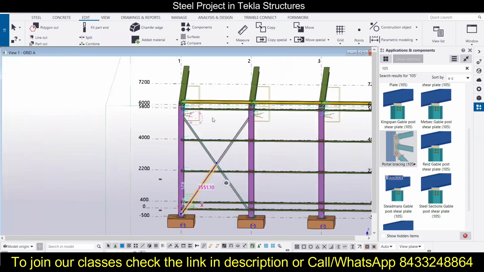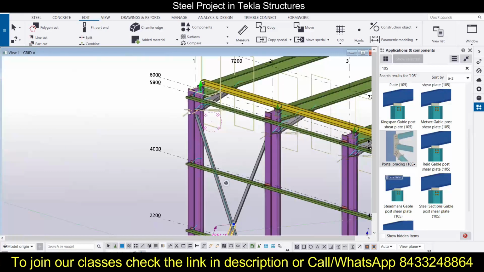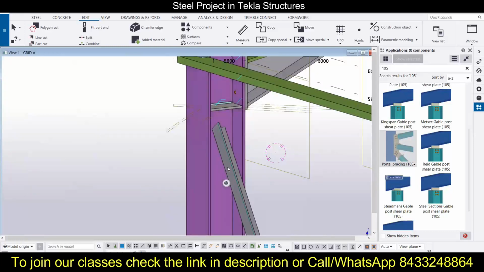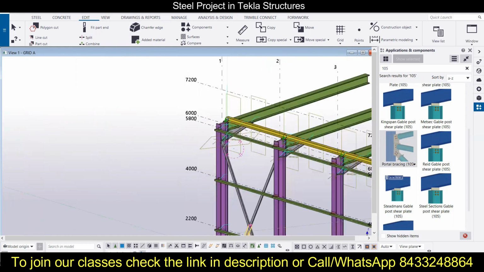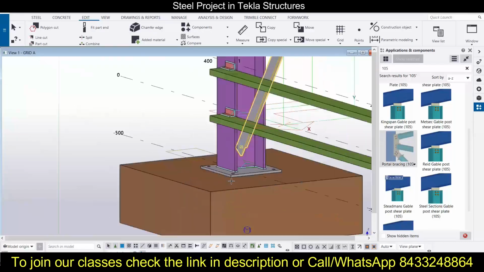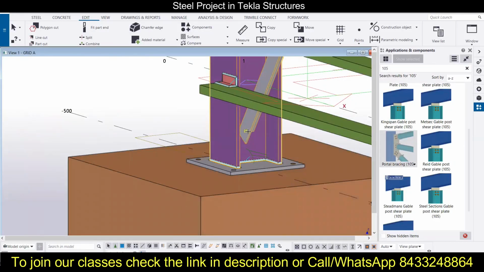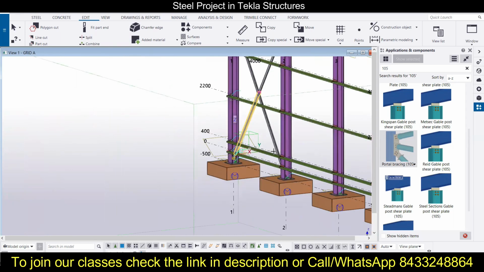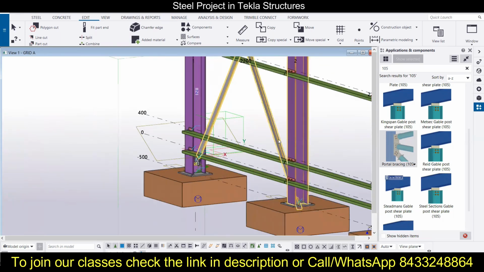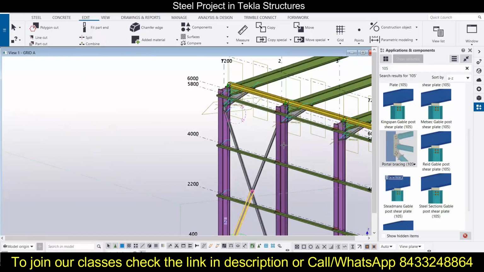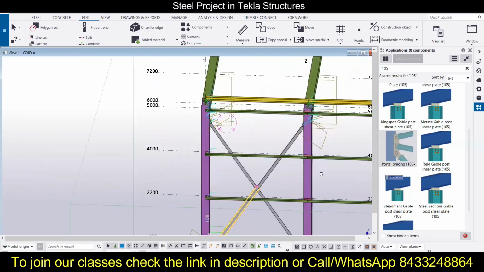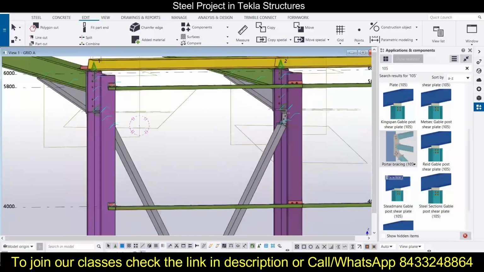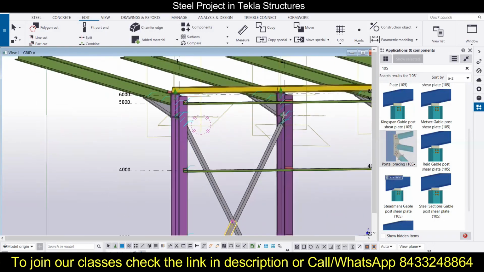Now the portal bracing has the ability to combine the column and the bracings. So for that, I will go with the column, then the bracing, middle button of the mouse. Same I have to do over here. First the column, then the bracing, then the middle button. Next the column, bracing, middle button, column, bracing, middle button. Now I will check on these sides also. So we can see the bracings have been fitted over here.